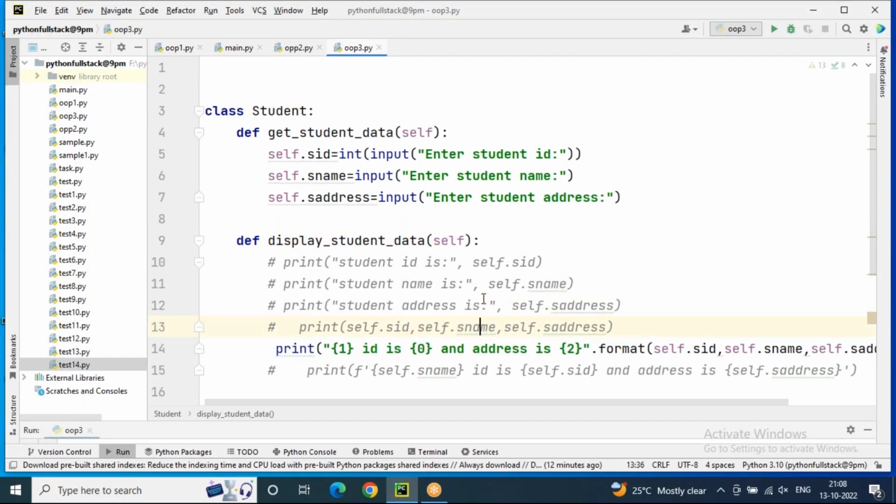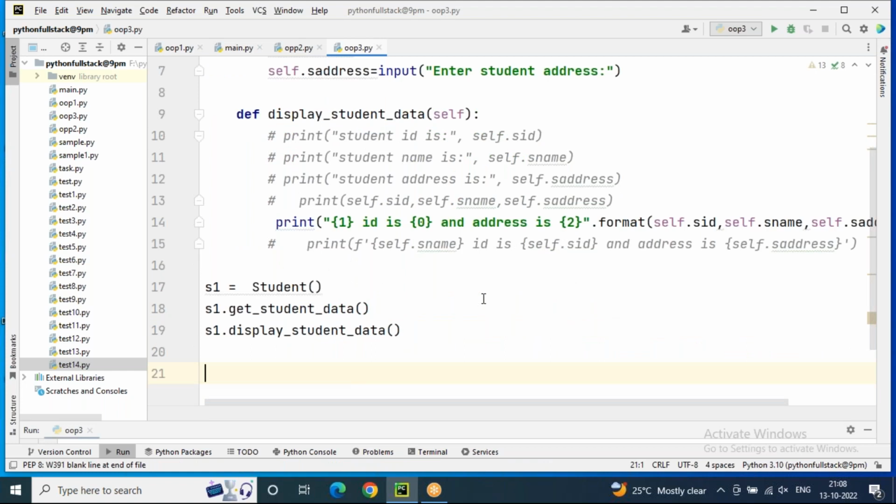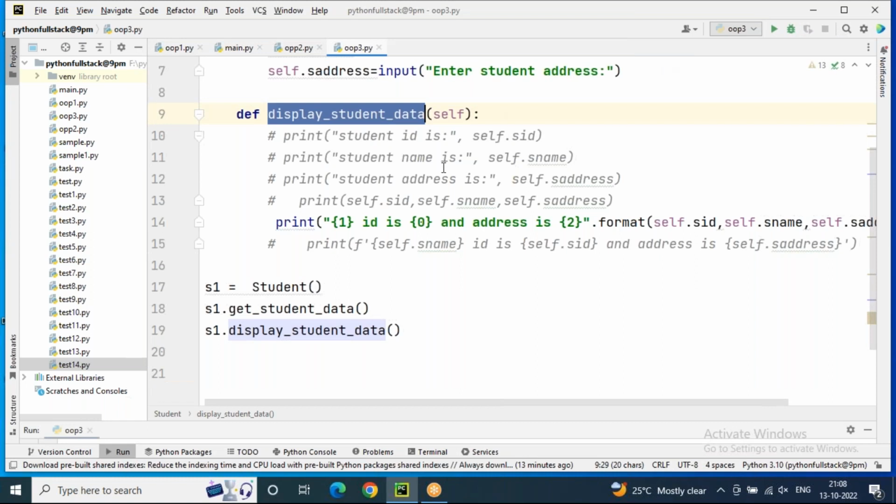Now in today's session, we will discuss the types of variables available inside the class, since I said a class is a collection of variables and methods, and what types of methods we can work with inside the class. But before that, in the last session I discussed how to display student details in